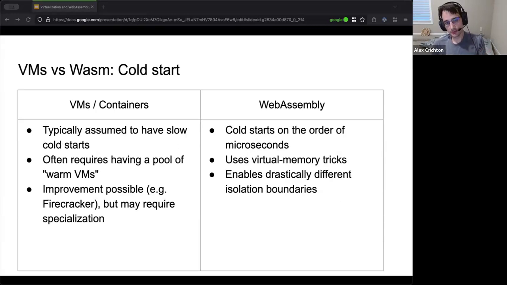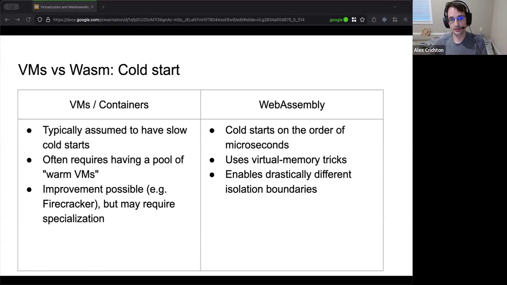So I can talk a little bit more on the cold start aspects here, where virtual machines and containers are not known for booting up quickly. They've got a whole kernel sequence to boot through. The kernel's got tons of modules, and there's been tons of optimizations for this. I know Firecracker from Amazon is very heavily geared towards starting things up as fast as possible, and I have no doubt that it is the pinnacle of the technology right now. And this is something that we very much wanted to preserve in WebAssembly.